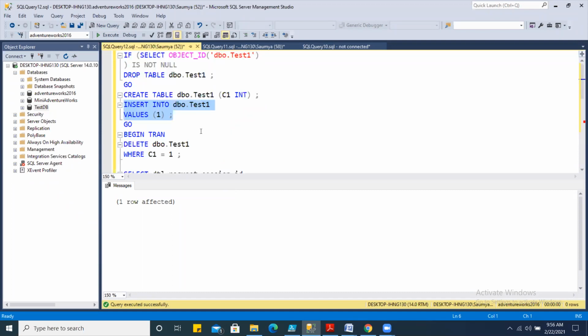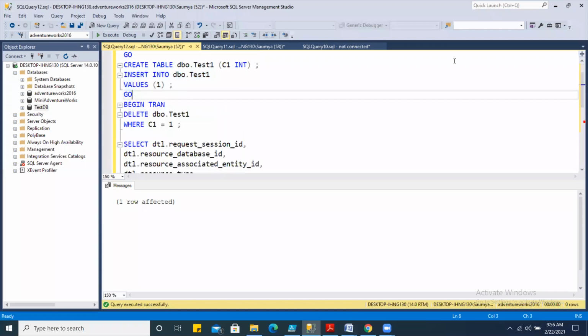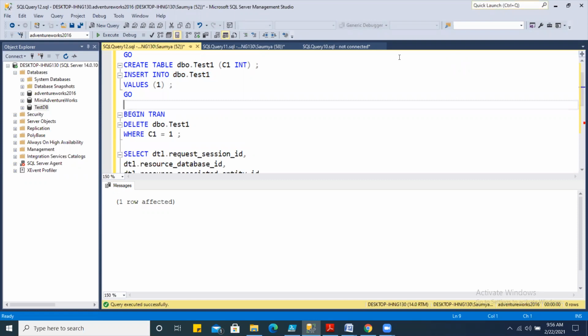this is a complete transaction from where the begin tran starts. Begin tran starts from here, so this is a complete transaction. What we will do, you see here, we are deleting records from the test1 table that we have created, which has only one record that we have inserted, and the value is 1. So of course, it meets the condition. So one row has to be deleted by this delete transaction.